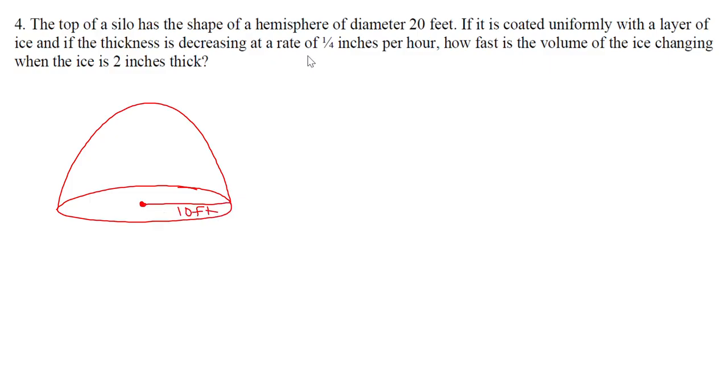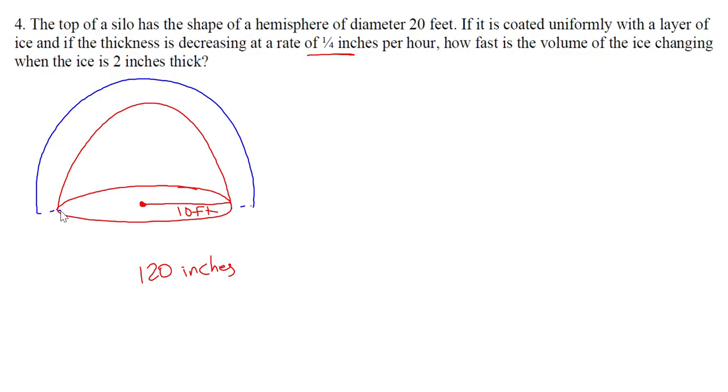And we'll note that this rate of change we're given later on is in inches per hour. So let's just call that 120 inches for that radius there. And then what we have going on is that it's coated by a layer of ice, right? And so we've got a layer of ice out here, right, that is coating this hemisphere. And that ice is melting, so the thickness of that ice is decreasing at a rate of 1/4 of an inch per hour. And we want to know how fast the volume of the ice is changing when the ice